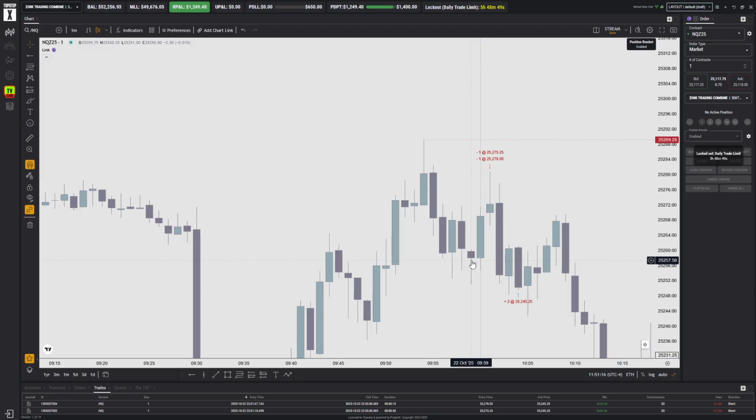This is 9:59. When 9:59 closed, we closed down here. So the possibility of us taking out this high with a 1 minute candle up here is very low. The possibility is very low, which is why